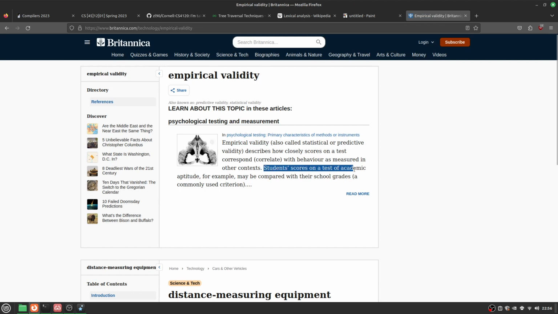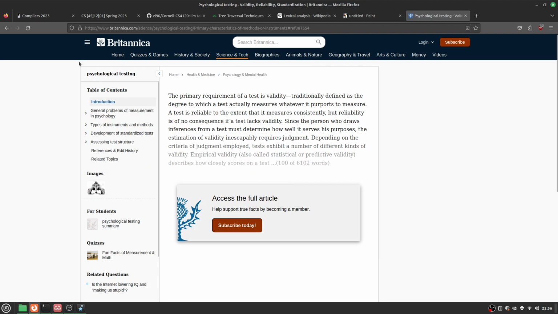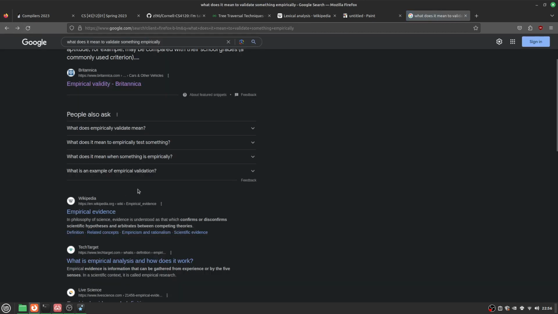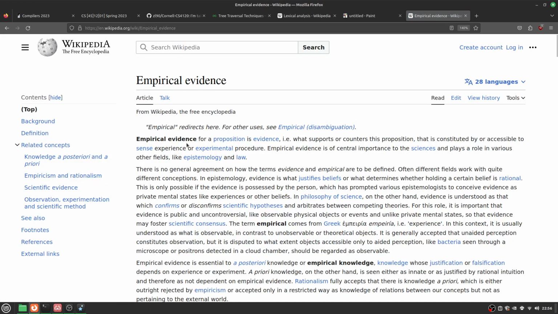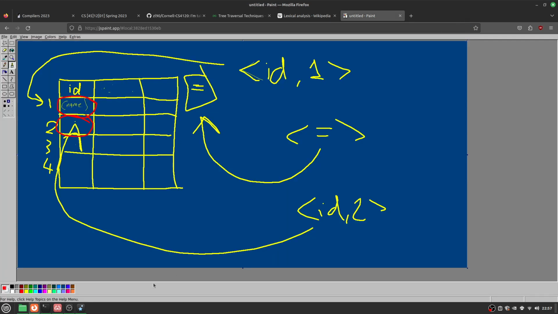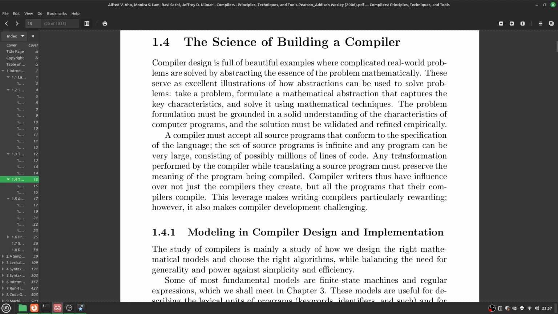Students' scores on a test of academic aptitude, for example, may be compared with their school grades. Oh my god. I'm not going to pay you money. You will not get my money today or ever. Empirical evidence for a proposition is evidence that supports or counters this proposition. That is. Alright, so it just means basically using evidence to